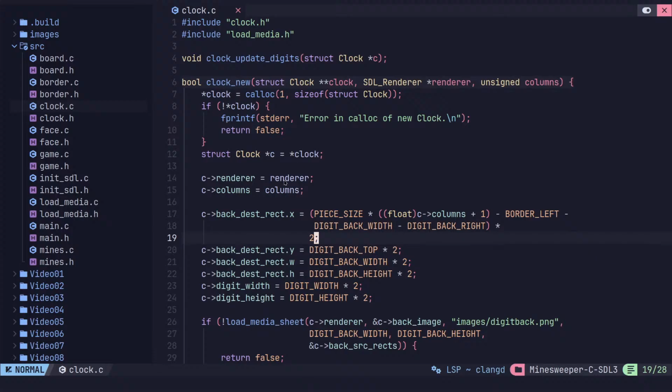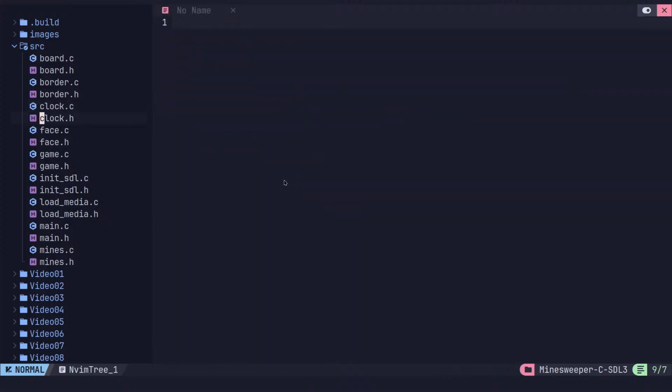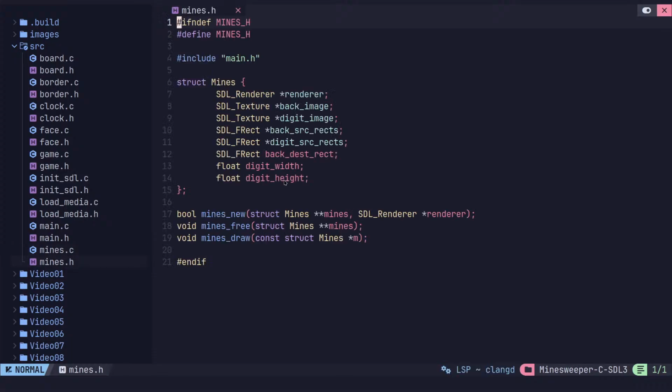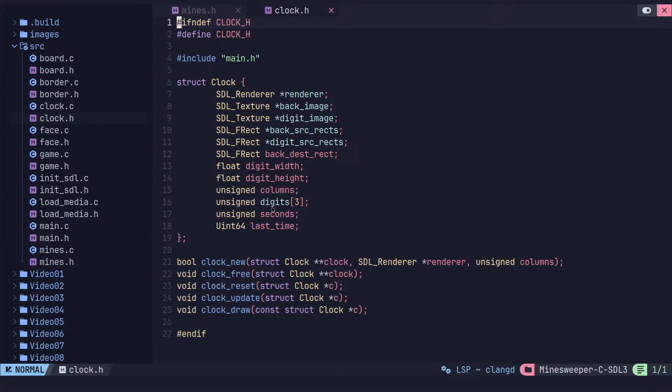Okay, so what I want to do is look at what is controlling the mines indicator: this mines C and mines H. This is just for the indicator. I called it mines because it's the mines indicator. So I do want to go into here, and just like what we did in the last video with the clock, where we added this unsigned digits 3, I'm going to do the same thing here,